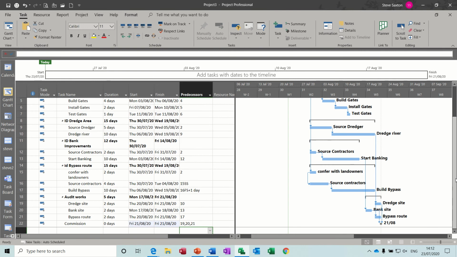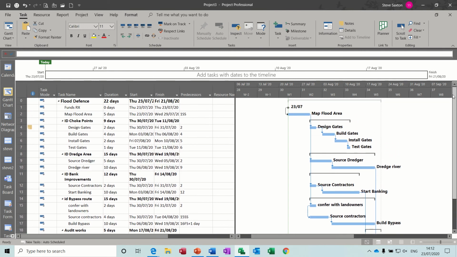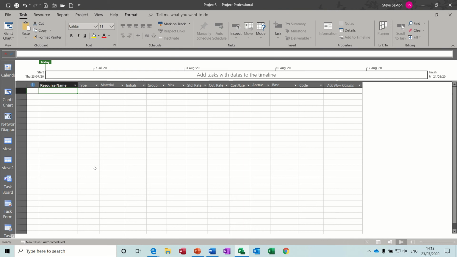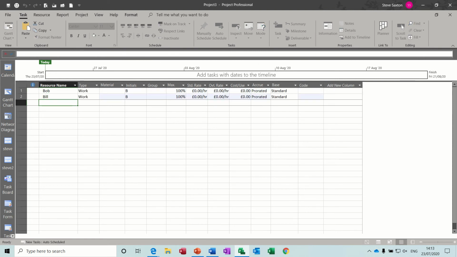So now we've typed our list out, and you will probably tweak this list quite a lot. What I need to do now is allocate resources to these tasks so you can see who's doing what. Now you can type things straight into this list, but I think it's good practice to go onto the resource sheet down the bottom there and type your people in. Now you can use appointments or people's names. There's more functionality using people's names, so that's what I'm going to do. But I'm only going to use their first names. So I'm going to have Bob, Bill, Ben, and Anne,